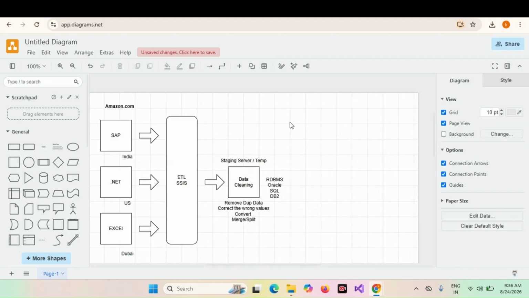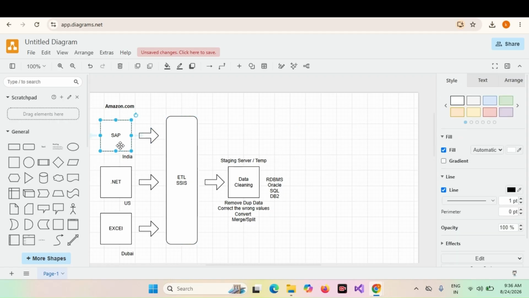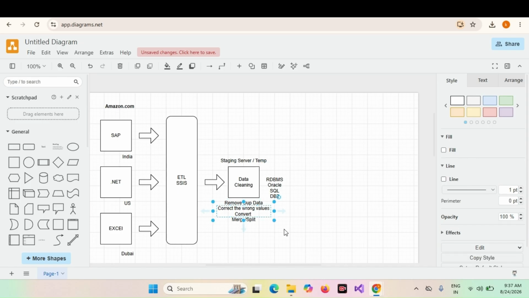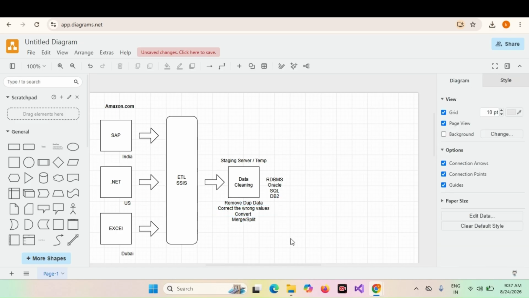For better understanding, I'm taking a vegetable example. For example, we go to the shops and buy vegetables. You go to shop one and get some vegetables. Then you go to shop two and get some vegetables. And then you go to shop three and get some vegetables. Finally, you put all the vegetables into one bag. After coming home, what will you do? You are going to clean the vegetables. Some vegetables you wash with water. Some vegetables may be damaged, so you cut the damaged part and throw it away. Some vegetables you may put into salt water. You are doing different activities to clean the vegetables.